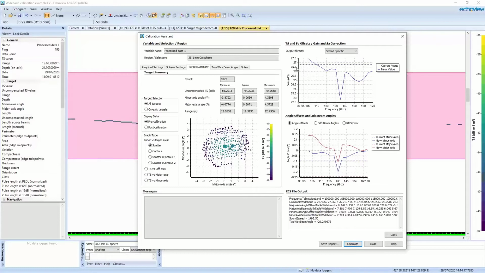So these are the values that are used in the file currently, in which case, because it's a flat line, there are no values set. And we can see our new values below. We've also got our angles, so we can see the current and the new for minor and major axis, for our 3 dB beam angles, and we can also see a graph of the RMS error.